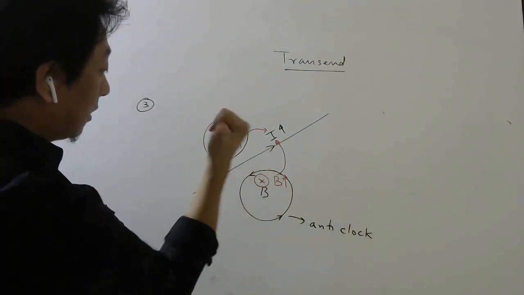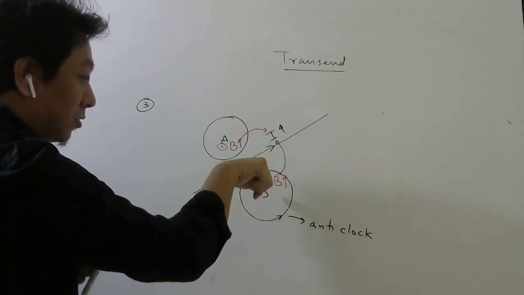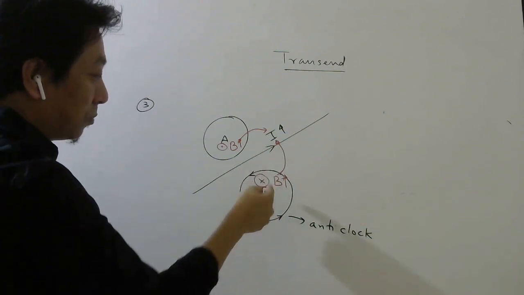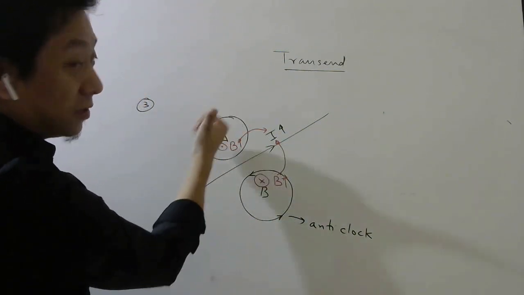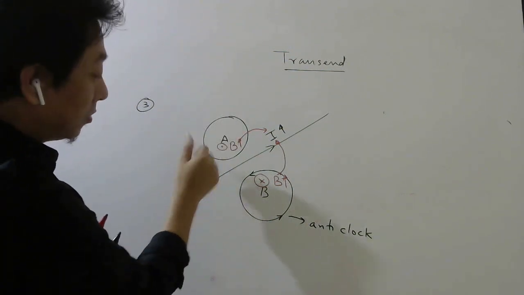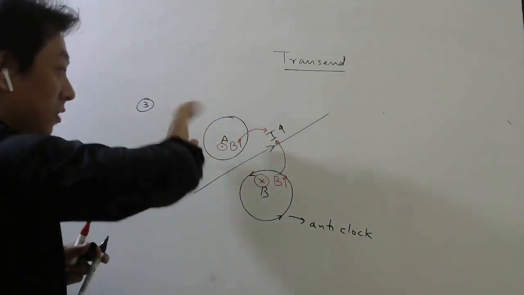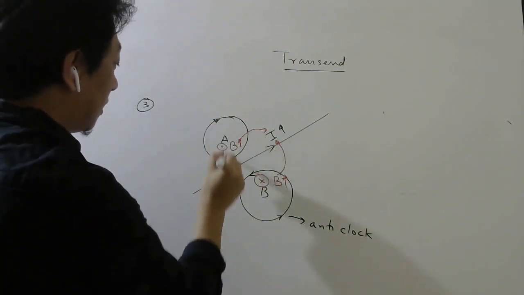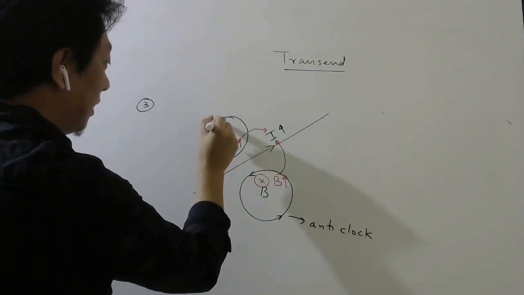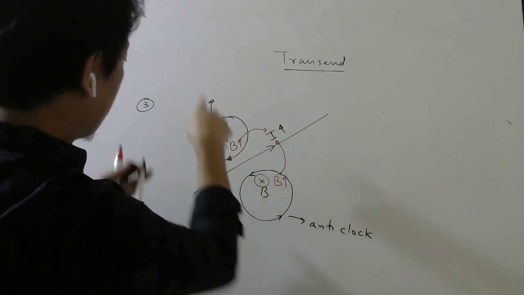Here, in this problem, please understand, this magnetic field was increasing. So to oppose this, the induced current should produce this magnetic field. Here this magnetic field is out, no? So this magnetic field is increasing. To oppose this, the induced current should produce this magnetic field. So the current should be this way, the induced current, or you can say induced EMF. So is this clockwise or anti-clockwise? This is clockwise.